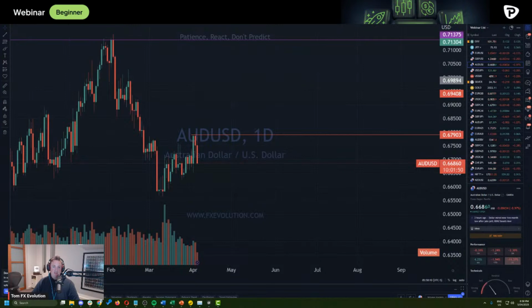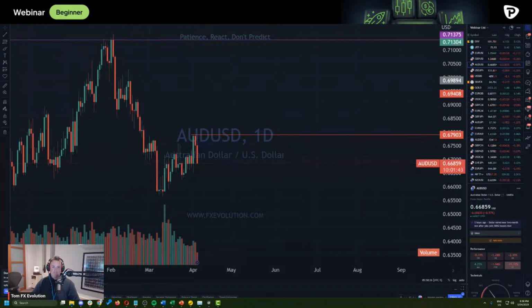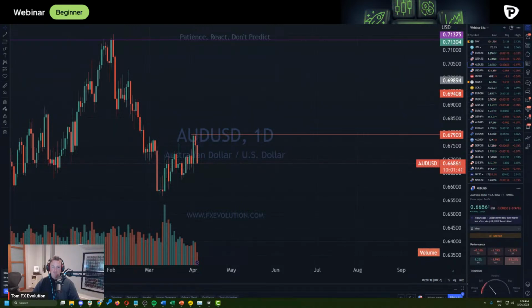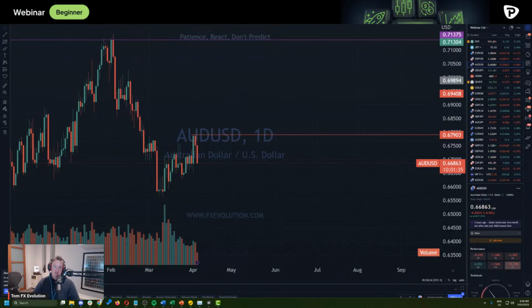Gecko Trent says, does the CLS, DTCC, and Fedwire have any way of not taking each other's liquidity positions so that we don't get caught up in a sweep? Okay. I mean, basically, the way I would think about it is, I'm not really too sure why you really need to worry too much about that. What we're looking for instead would be being patient to see these kind of liquidity issues occurring in markets,